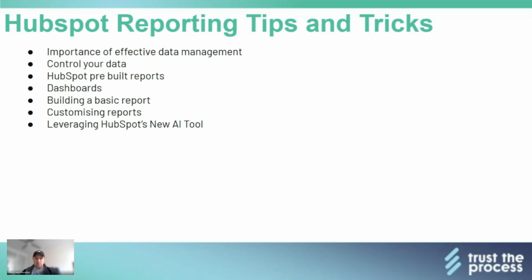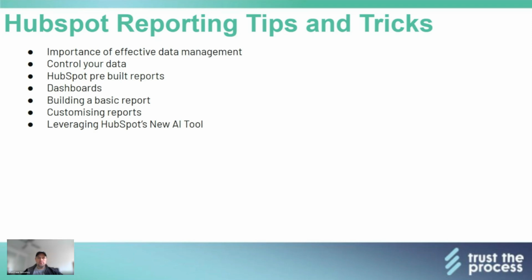We'll talk about customizing those reports, and then we'll be looking at leveraging HubSpot's new AI tool, which is pretty cool. Again, what I've found personally is that if you don't have your data correct and you ask it to do something, it doesn't work, and you need to modify it yourself anyway. But if you've got your data right, you can get it to do some basic things to start with. I think with anything with AI at the moment, it is quite new, it is quite raw, but it is exciting with how it's tracking. So what we'll do is jump into some other screens and have a look around in different areas.